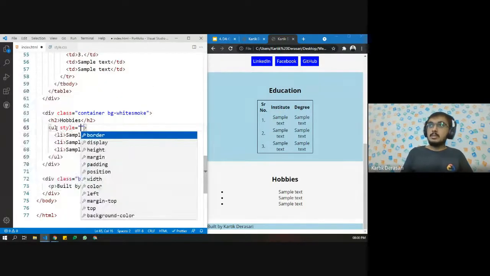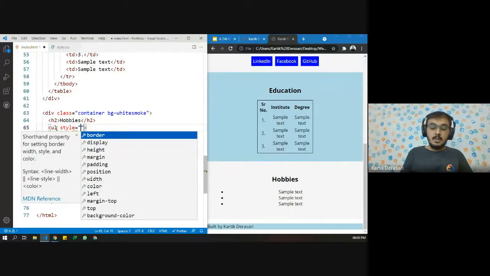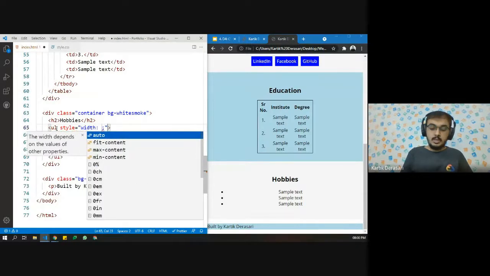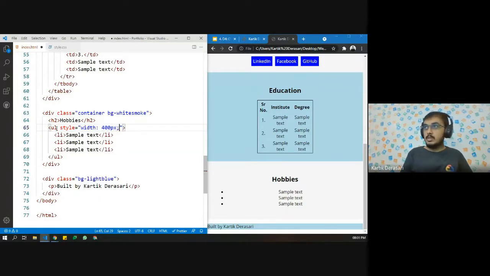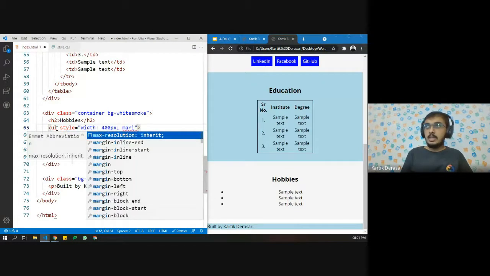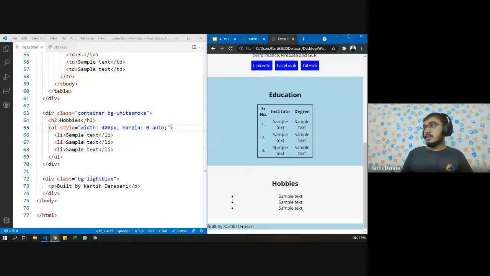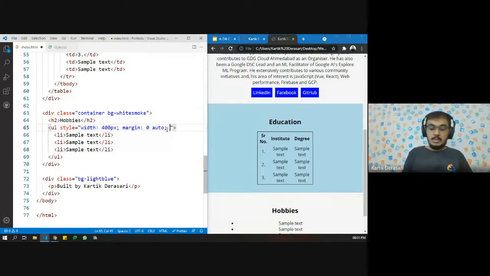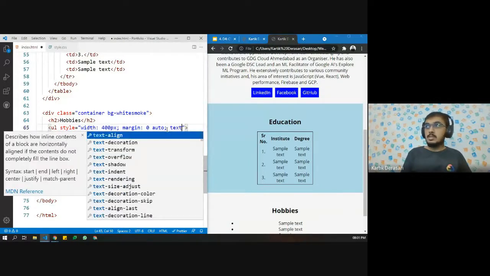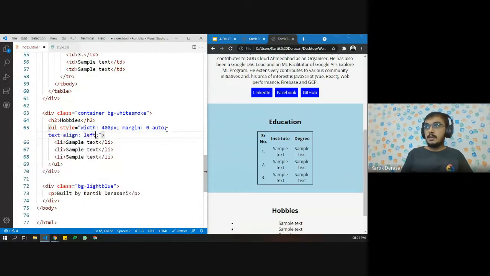Let's set the width to around 400 pixels and we want to center that, so margin should be 0 auto, and the text should be left aligned.